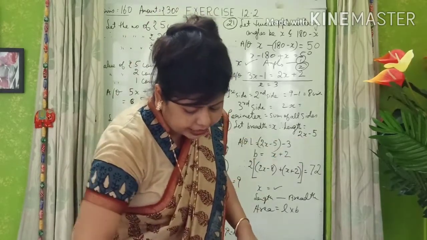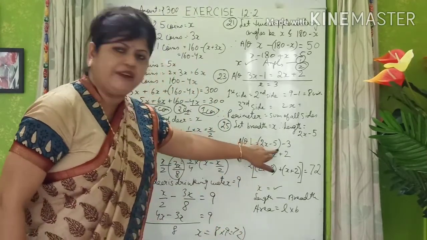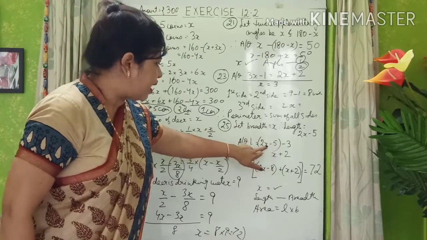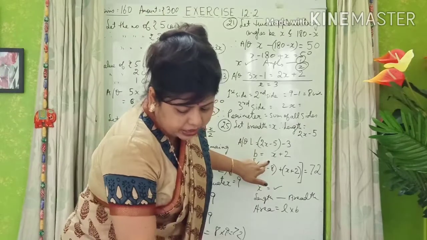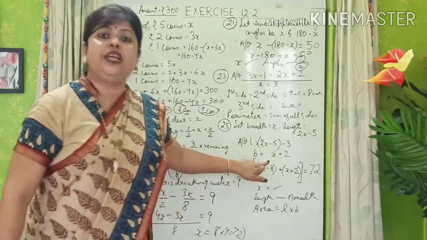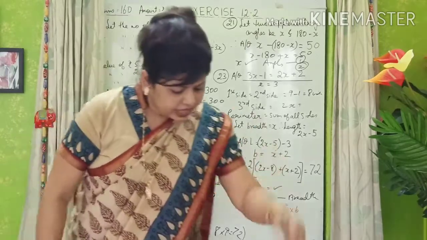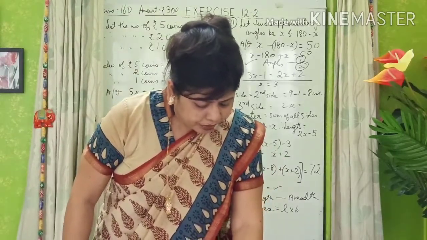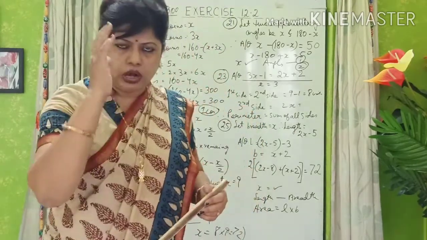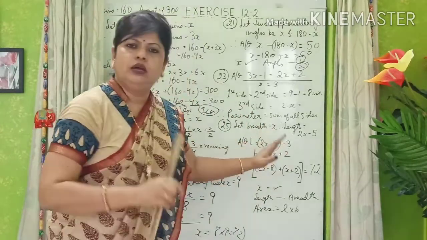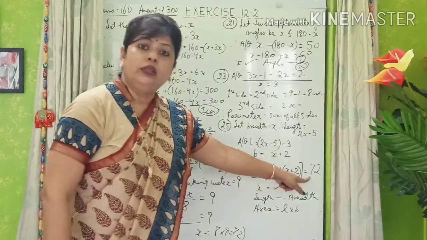After that the question says, if the length is decreased by 3. So length we have decreased by 3. Follow? 2x minus 5 minus 3. Then what happens to the breadth? If the length is decreased by 3, breadth is increased by 2 cm. So breadth becomes x plus 2. And then the question says that the perimeter of the resulting rectangle is 72 cm. So once more, length we know, breadth we know in terms of x, and then the perimeter is given, 72.